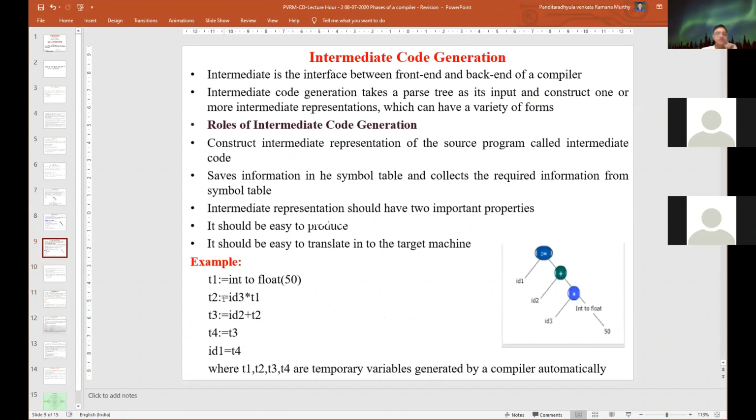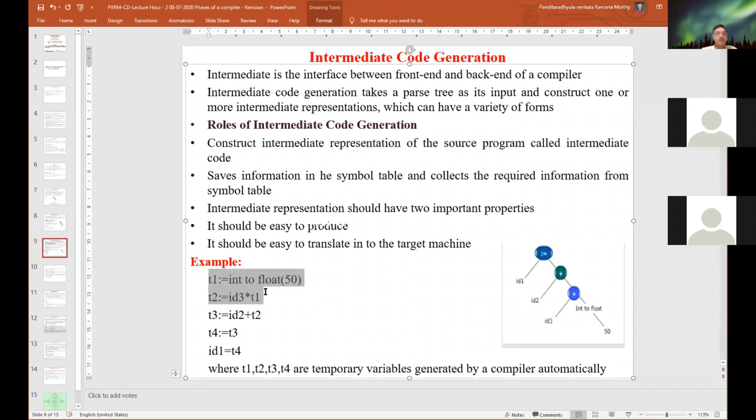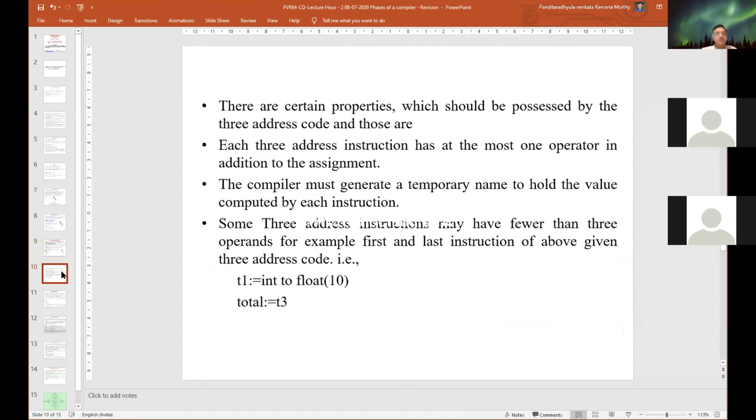This is the other step, including the ID2, the third step. Finally, before getting the ID1, we may get the result into a temporary variable T4. Then the T4 can be assigned to T1. We can perform that, but here in the code optimization, we combine these 2 statements into a single statement. Similarly, we can combine these 2 into a single statement. That will be performed by the code optimization.